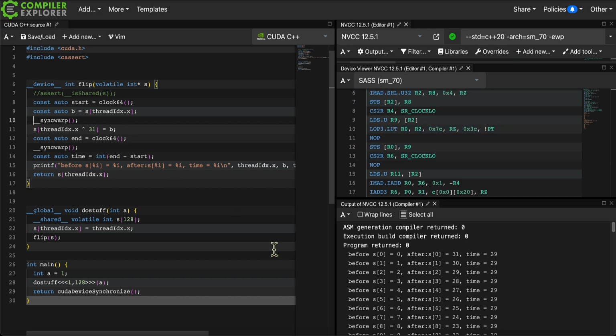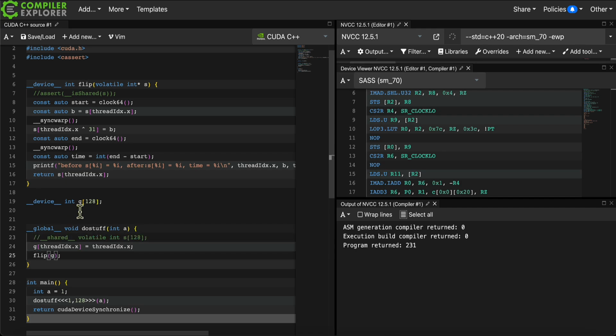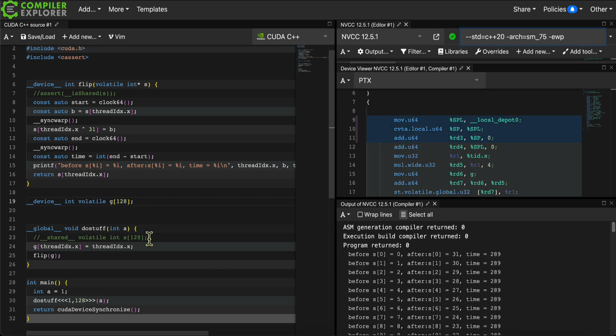Let's have a look at what happens when we run this through main memory. When we do this and we force the load and store to both happen by using the volatile intervention, I change the shared array into a global one.